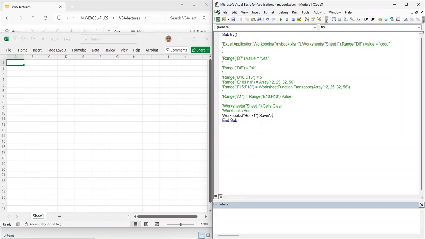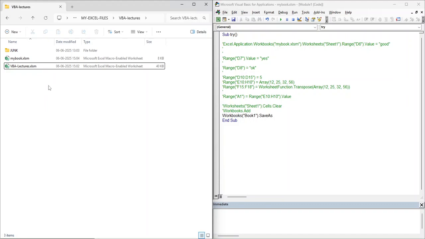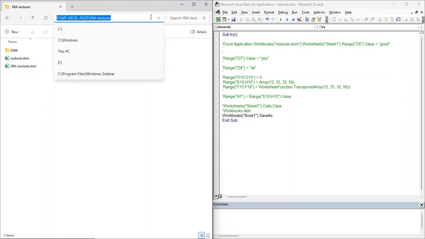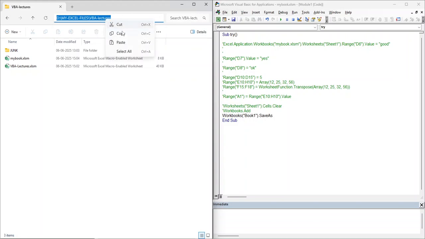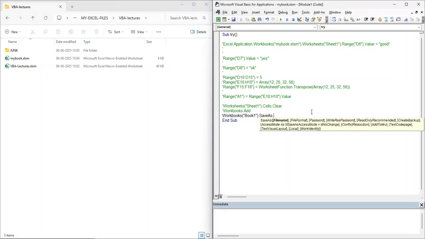Then I have to give the complete path. Where do I want to save? I want to save here. So I click on this address bar, copy this address, come over here, put a quote mark, then Ctrl V,